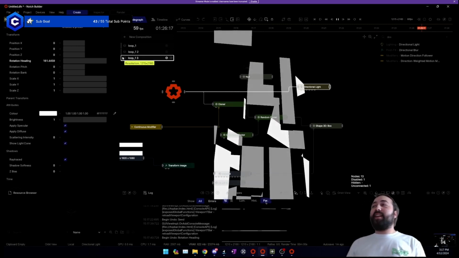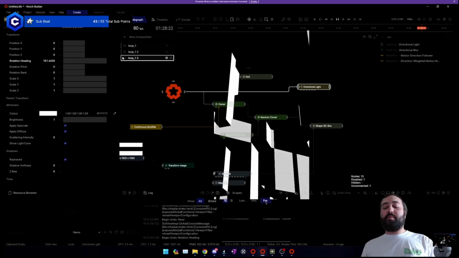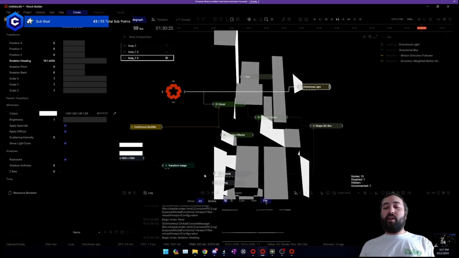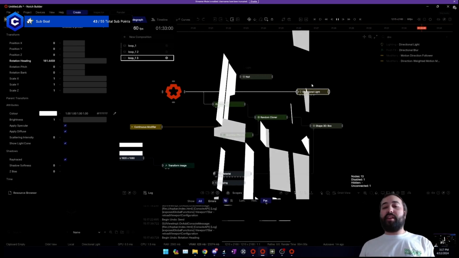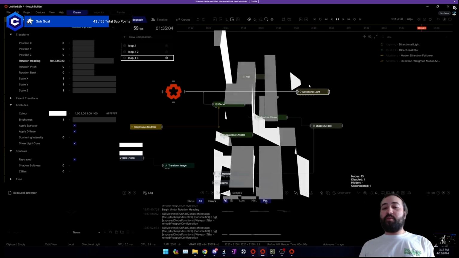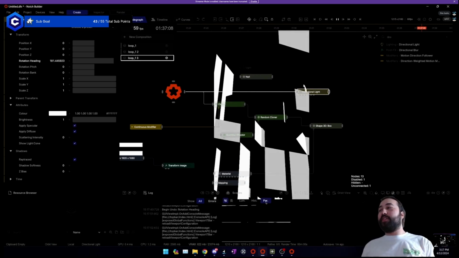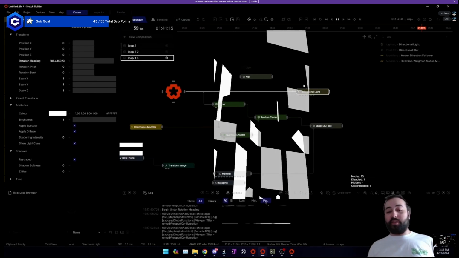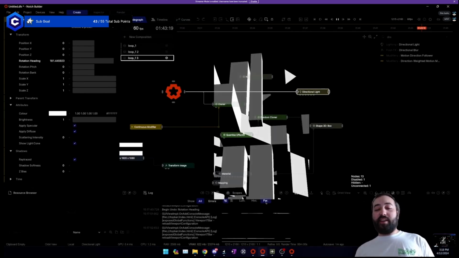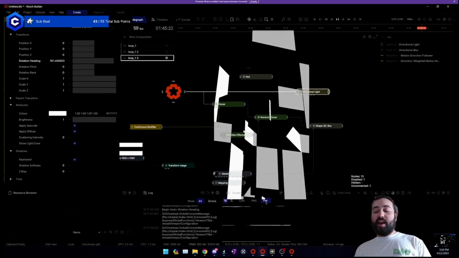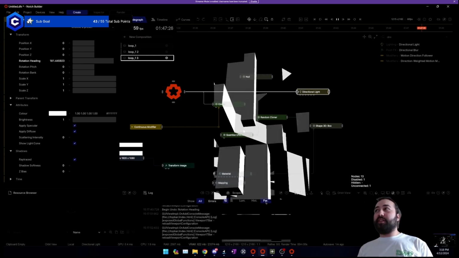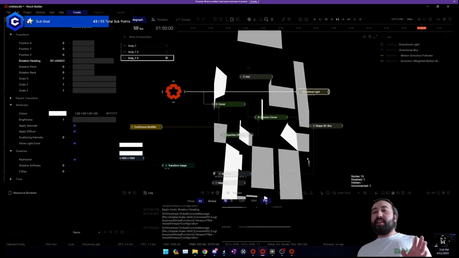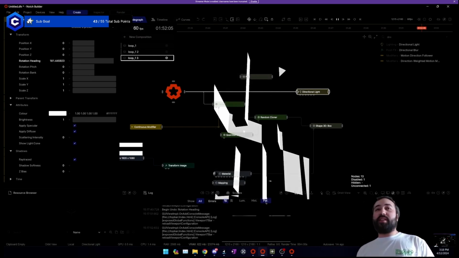I would say it can seem overwhelming when you first start, but really the way that all of them connect to each other is the real thing that you need to learn and get comfortable with. You don't need to know what every single node does. You see all this stuff and you think, oh, I have to learn every single little piece. But in reality, it's the system and the main concepts you need to learn. And if you've done anything in 3D before, they're usually pretty self-explanatory.